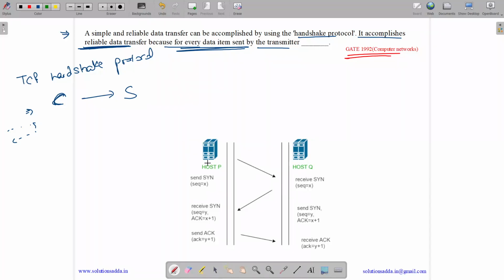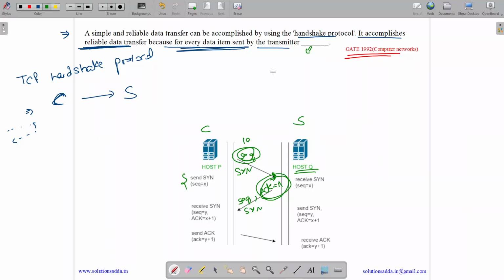So what happens is that, suppose this is our host P and this is our host Q, or a client and a server. Then first of all, this client sends a sequence number along with a synchronization request. It tells that it wants to transfer the data. As the host sees this request, it generates its own sequence number and sends this sequence number along with a synchronization request. Okay, and it sends the acknowledgement for this sequence number. So if it was 10, then it sends the number 11, which is 10 plus 1. So acknowledgement equals 11. Which means for each request it is sending an